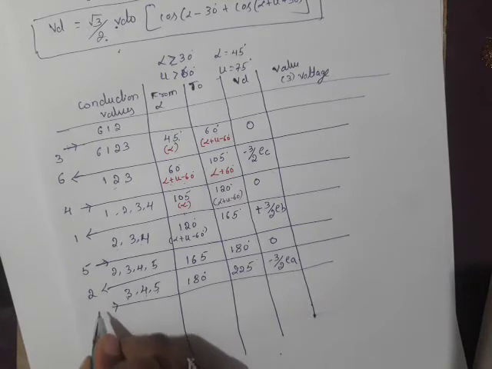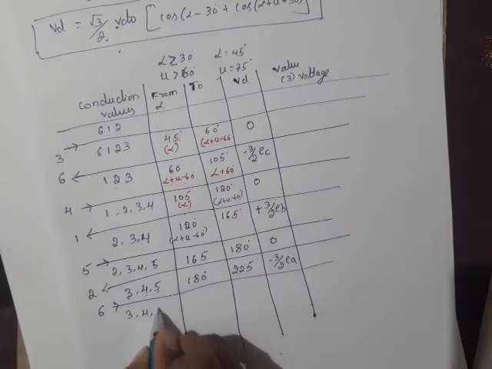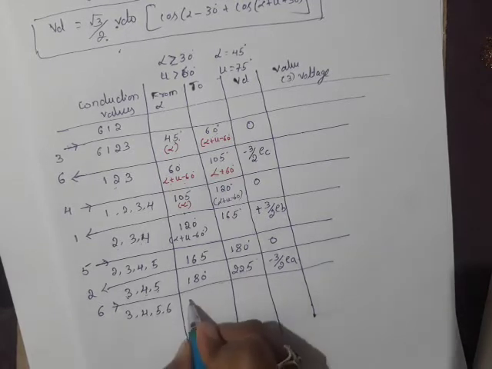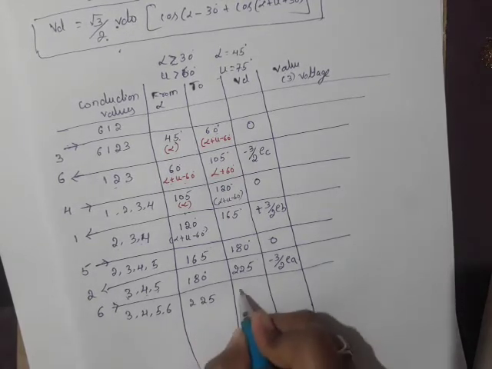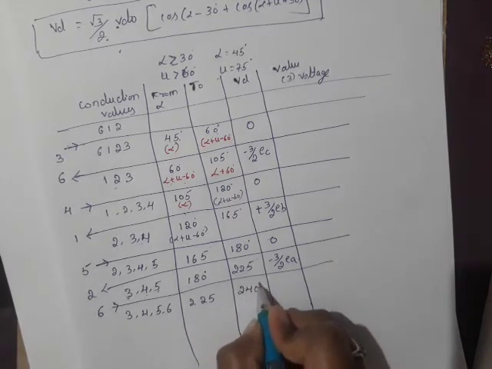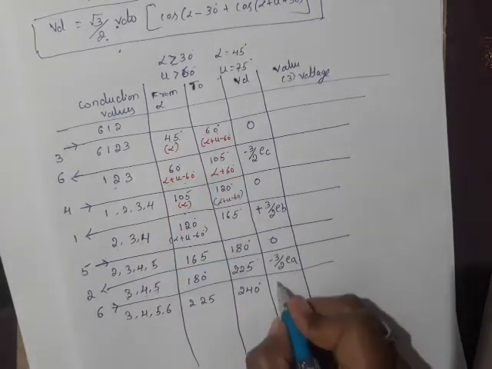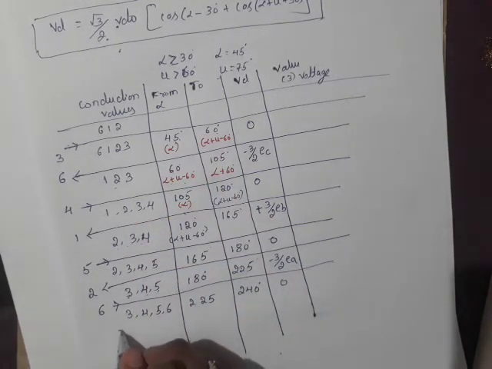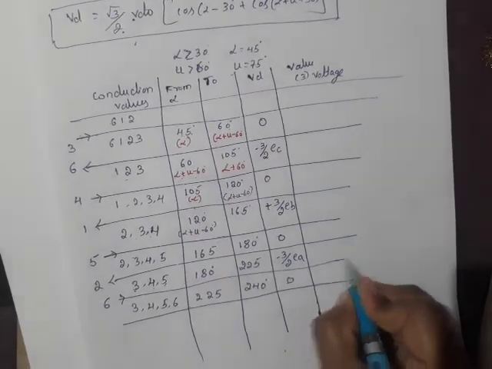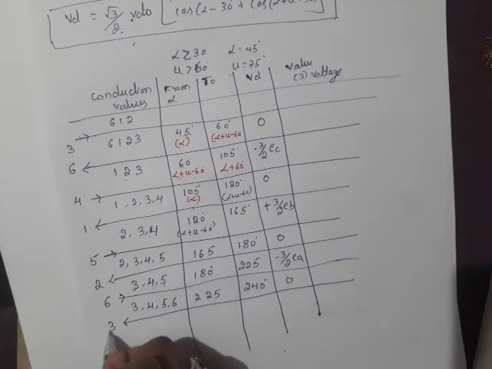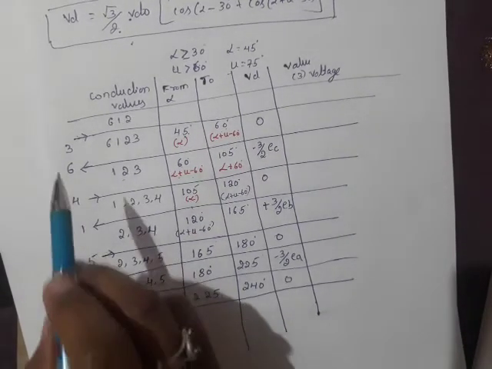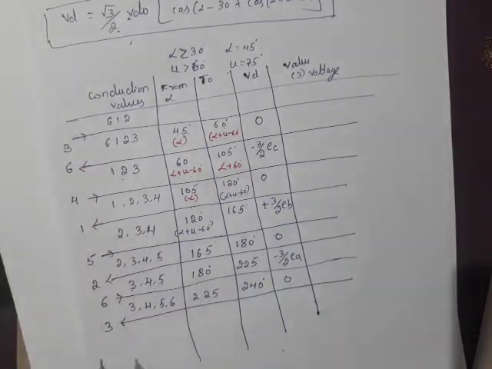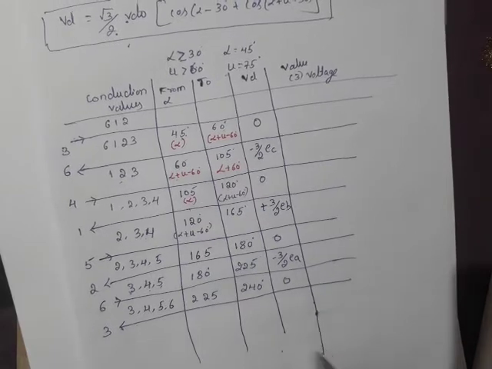Okay. So later valve number 6 comes into conduction. When 6 comes into conduction, it is 3, 4, 5, 6. So from 225 plus 15 degree, that is 240 degree. Okay. So what is the output voltage? 0. 4 valve conduction, so it is 0. Here valve number 3 goes out of conduction. See, valve number 3 comes into conduction here and it is going out of conduction here. So the pattern is very important.